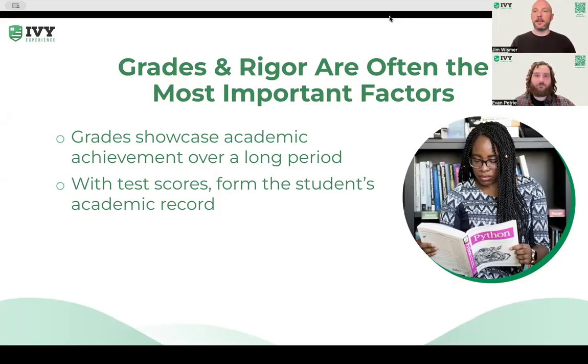And then you also have in the NFL draft process the combine, which is where they take specific athletic testing. How high can you jump? How fast can you run? How many times can you bench press 225 pounds? And so the idea is colleges care about both of these things because they want to see how students do in the long run. But how students do in the long run isn't standardized. In football, you have different levels of competition depending on the conference that you're playing in. And in schools, the grading system of one school is not the same as the grading system of another. Standardized testing is a way to level the playing field and evaluate students in a more comparable way.